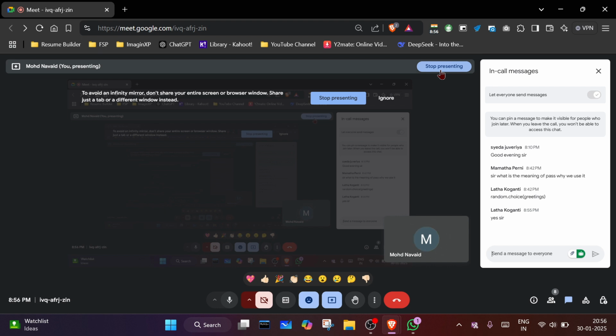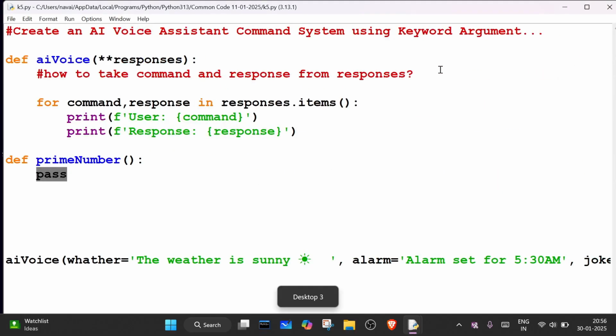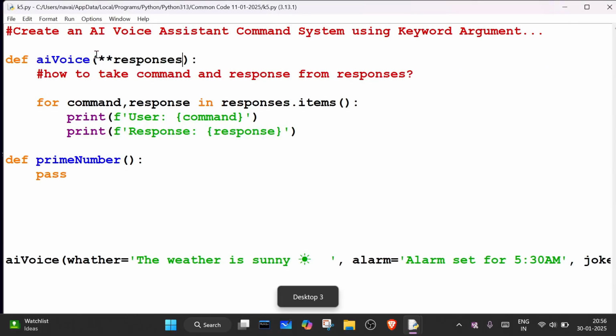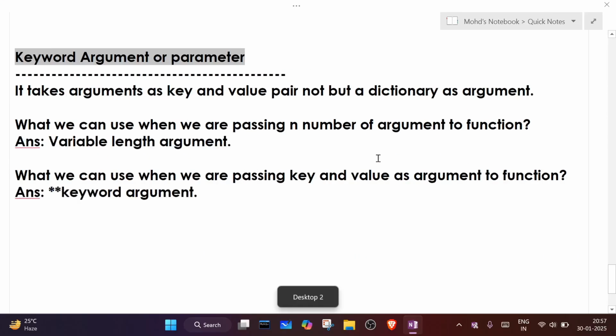Sir, you write star and double star. What is the difference between them? This is for keyword argument. This is the concept I totally told you. This is keyword argument, which receives a dictionary, meaning key and value pairs. It receives key and value pairs, and single star is nothing but